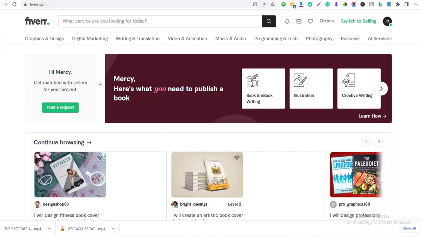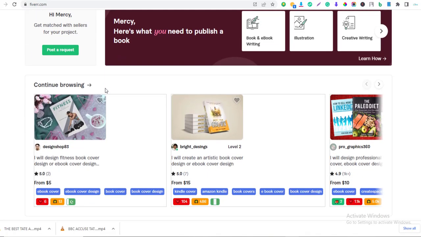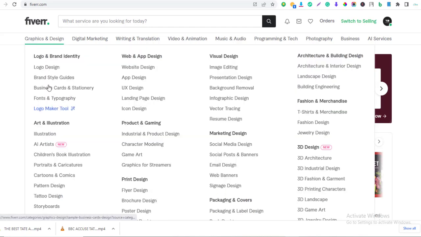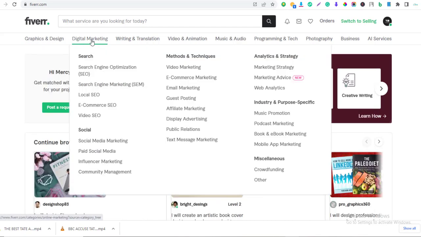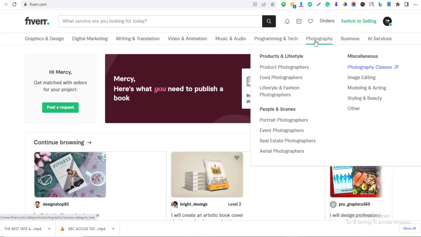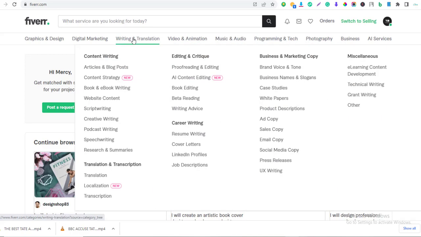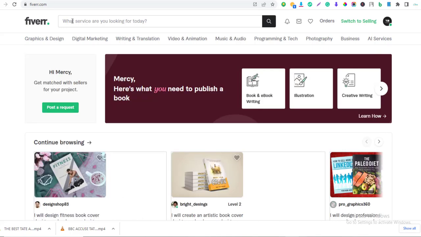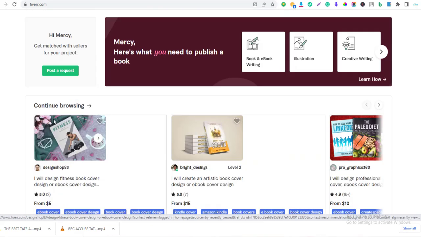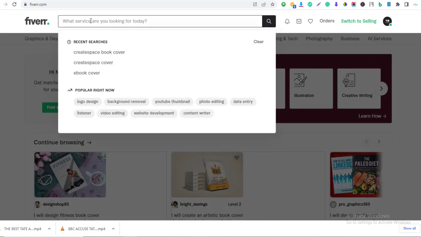once you're on the Fiverr platform, you want to create gigs. Go through their list of services that you can offer and pick the one that you like the most, or you do your research and see the ones that get the highest orders. On Fiverr, I know of logo design, they get a lot of orders. If you go to logo design, you're going to see